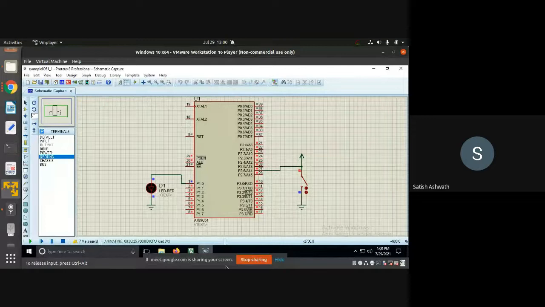We'll not give you many hardware components in the simulations in the assignment that we're going to give you. It will be basic switch and LED based controls and maybe some combination of these switches and LEDs. We just want to make sure that you are understanding how to use Proteus, because this is software we'll again use in the next semester when we come to the labs. Right. So any doubts? Yeah.